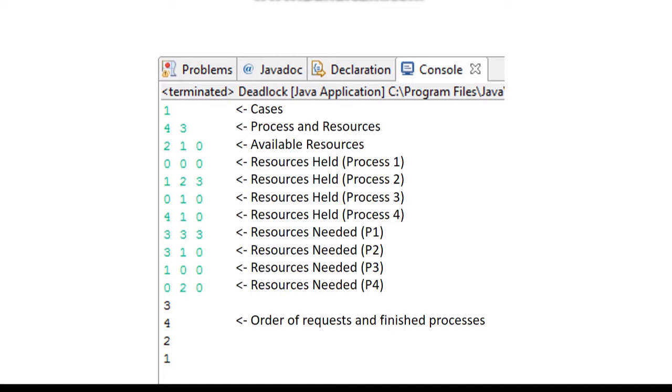Given the input above, our program will yield the results shown below it. Process 1 and Process 2 did not have the resources they needed yet, so Process 3 was done first, then Process 4 was the next. Then our program looped back to 1, but it still did not have the resources to run, so Process 2 was completed, then finally 1 was done after. In this example, no deadlock occurred.